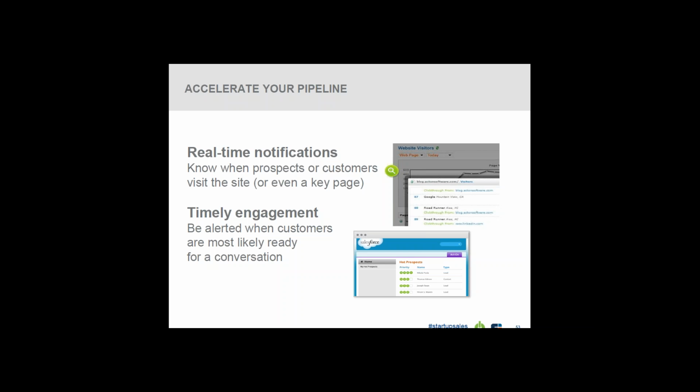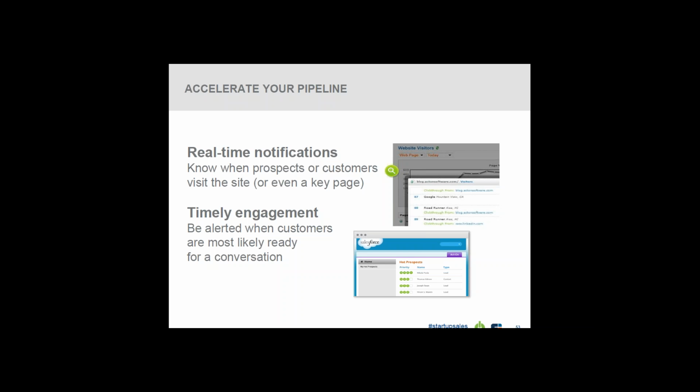That's where they would start their conversation. This looks to be a challenge of yours. Let's dive right into what you're doing today around lead scoring and prioritization and how we can help better that. So the other thing, like I said, is that it's really going to help accelerate your pipeline,